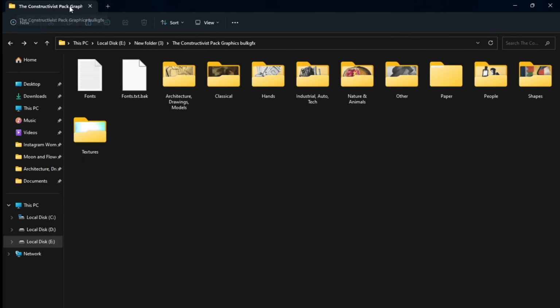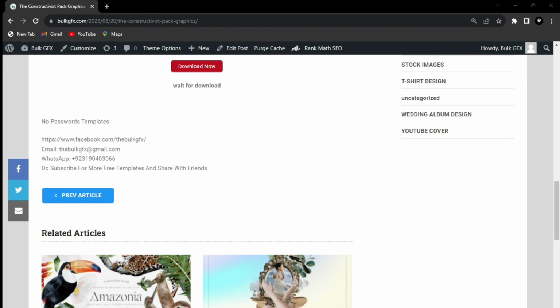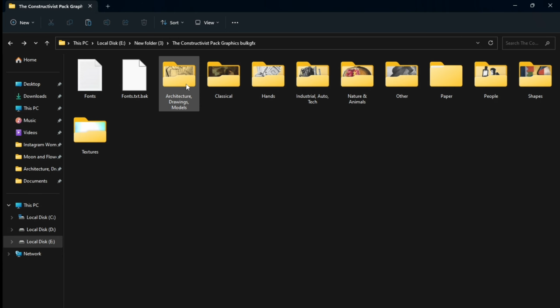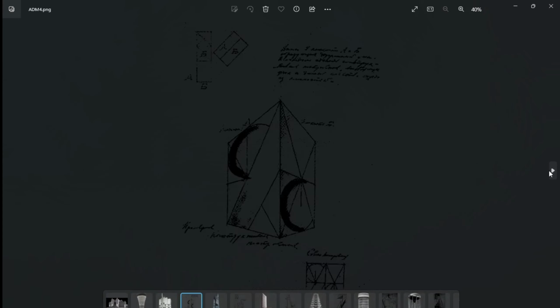These are the Constructivist graphic pack. You can easily download from my website by GFX. Here I will leave the link in the description. You can simply download from here, and here these are the files, architecture drawing models. You can see these are in PNG format,